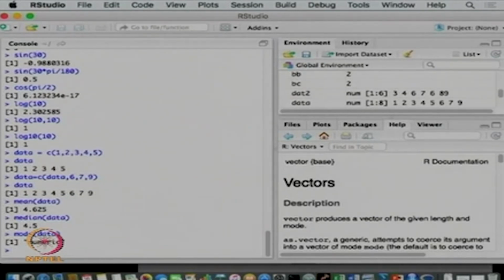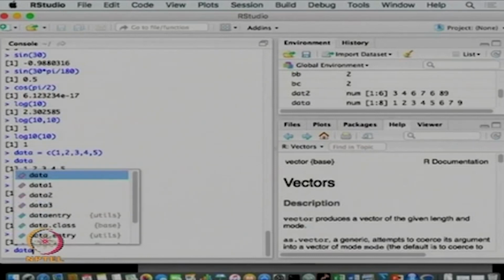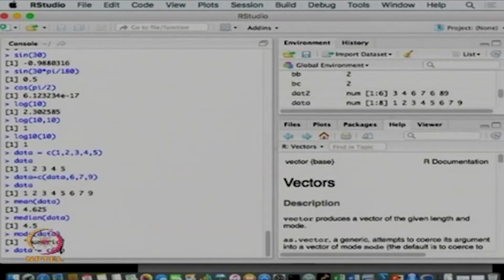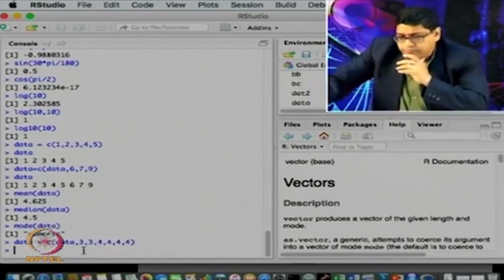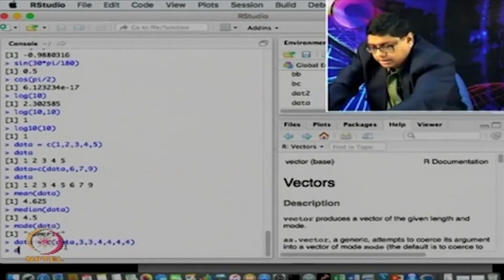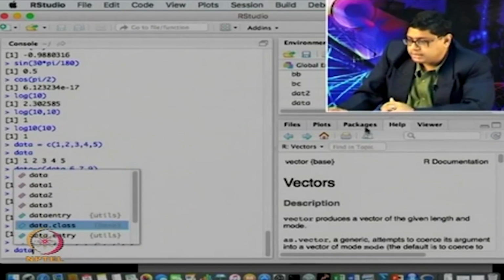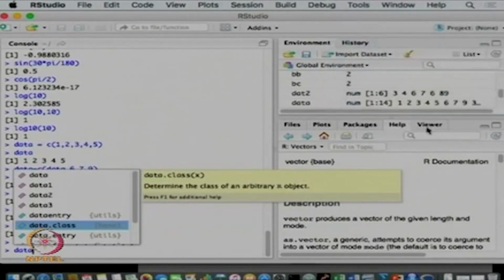So, let us again change the expression for data by writing data is equal to c of data comma 3, 3, 3, 4, 4, 4, 4. This is how I modified data. I can clearly see here now data is showing up as a 14 column vector. Once it is bigger than a certain size, of course, it is difficult to see here,